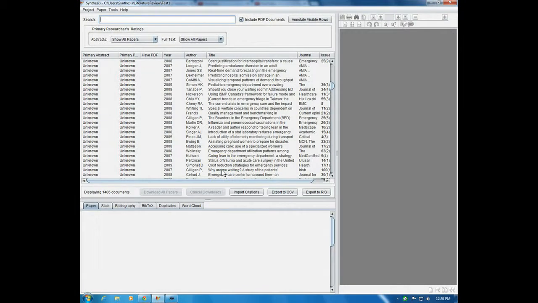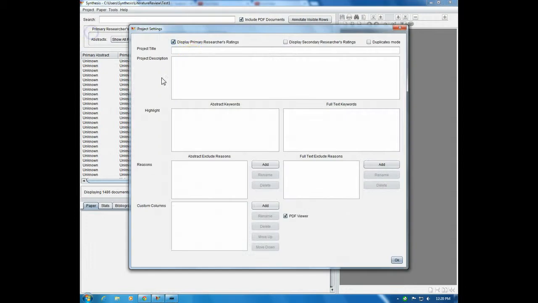The fourth part of working with synthesis is to configure your project settings. In this case, we would first type in the project title, and our project title is patient flow. In our project description, what we would probably want to do is record when we searched PubMed, and what our search terms were. The first one was patient flow, and the second one was emergency and